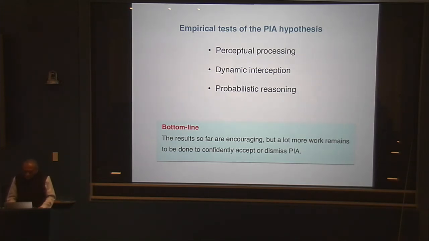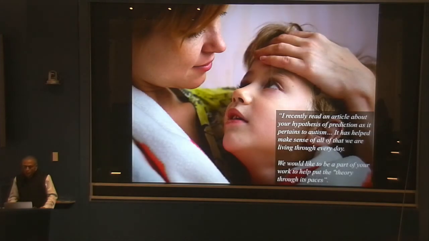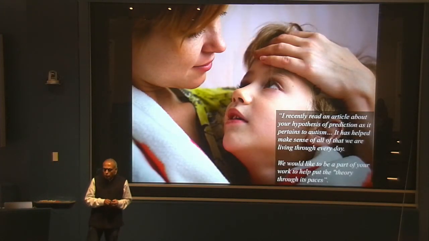One other thing that has encouraged us about the predictive impairment hypothesis is that this paper has been read not just by scientists, but by the public at large. And we've received many notes from parents, and here's one example, which suggests that maybe there's a grain of truth to this general idea of a predictive challenge.